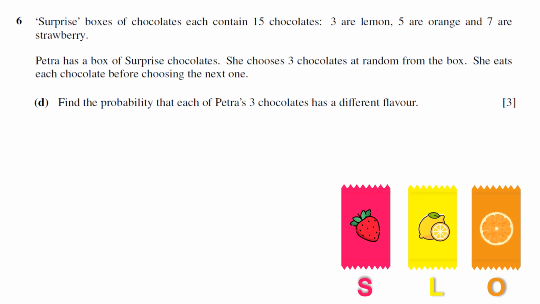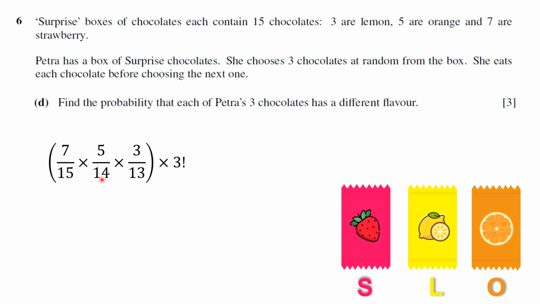On to question 6d. So it says, find the probability that each of Petra's 3 chocolates has a different flavor. So we're going to have 3 chocolates that have different flavors. So it's going to be strawberry, lemon, and orange. So it's going to be the probability of having a strawberry flavor multiplied by the probability of having the orange flavor, which is going to be 5 over 14, because we have already chosen 1 chocolate, so we're only left